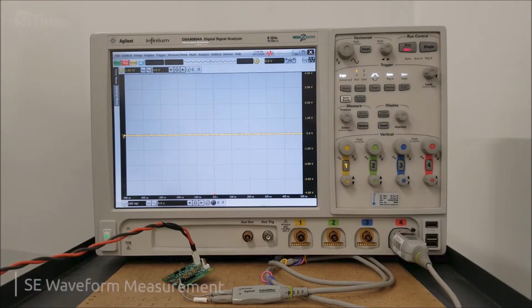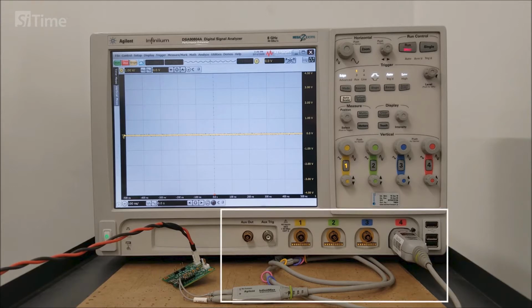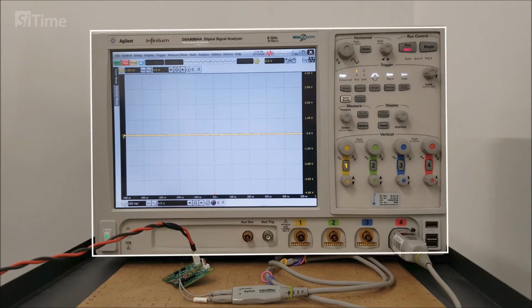Hello, in this video we will show how to measure waveform parameters for single-ended oscillator devices covering LVCMOS and clipped sine signaling types. For this measurement we need an EVB with a pre-programmed SiTime device and appropriate loading, a high impedance, high bandwidth active probe,